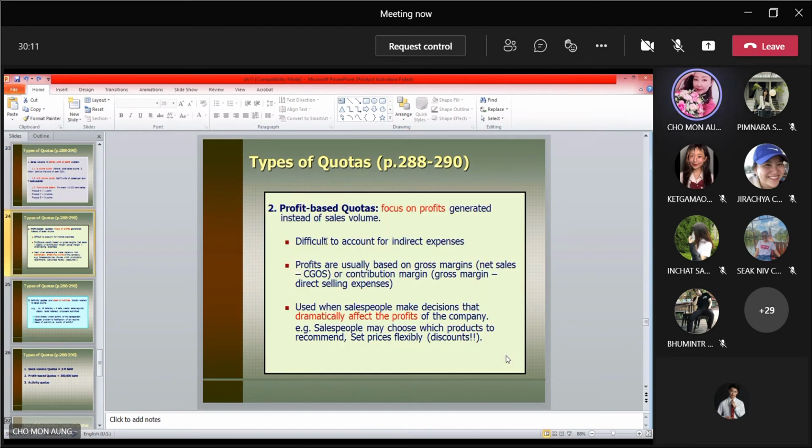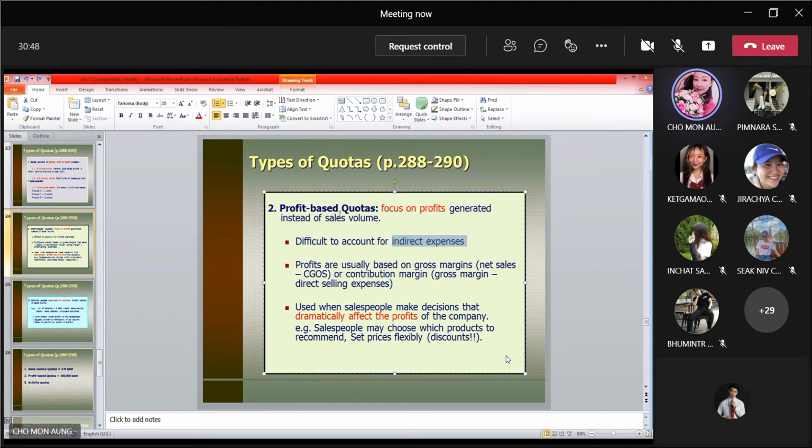Second one, profit-based quota. We are going to focus on profit rather than sales. Since we focus on profit, what we need to consider would be the expenses. Okay, the way we calculate the profit will be total sales revenue, we deduct the expenses, then we have the profit. But we are going to set the quota for the future. We don't know exactly what will be the indirect selling expenses in the future because it is difficult to